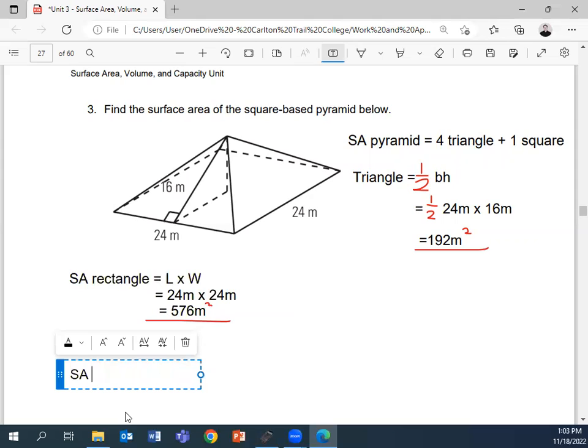And then all I need to do is just go back to that formula I wrote at the very start, right? Surface area of my pyramid is just 4 triangles plus